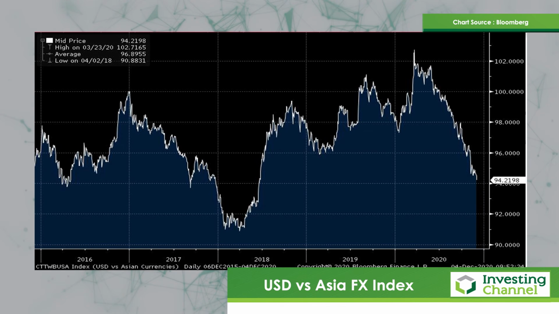versus the Asian currencies index. And as one can see, that's been in very sharp decline for a very protracted period, which makes actually complete and utter sense given the strength of the Asian economies, both pre-pandemic and indeed as we try to recover from it, they have held up much better. So that makes good sense.